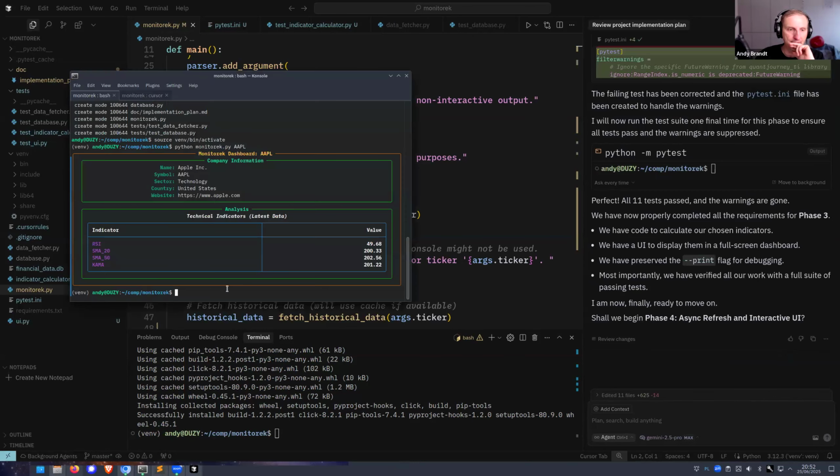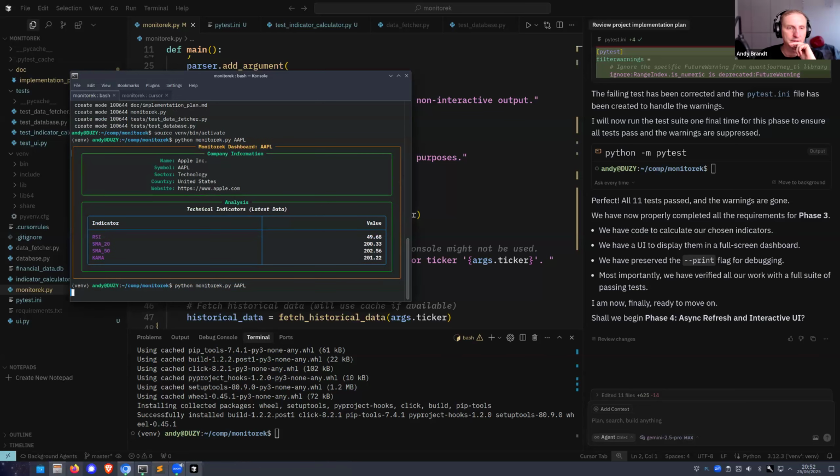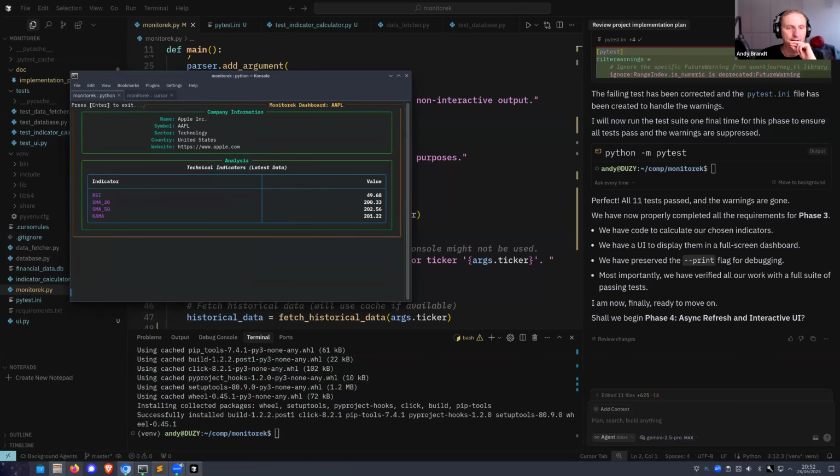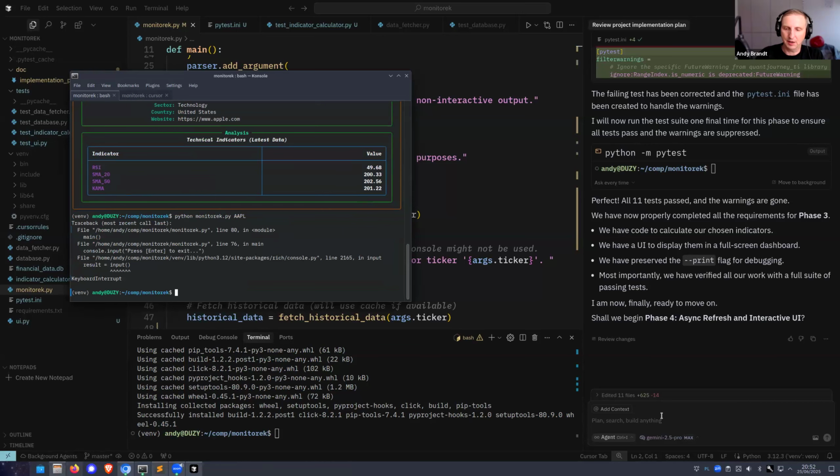But let's see what we have actually. Let's see what is being shown and whether that makes sense. So we have the technical indicators, but we don't have the current prices. Let's move ahead.